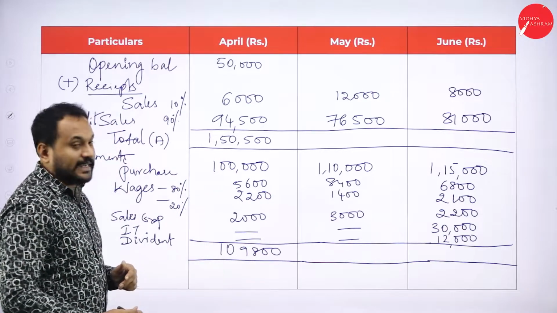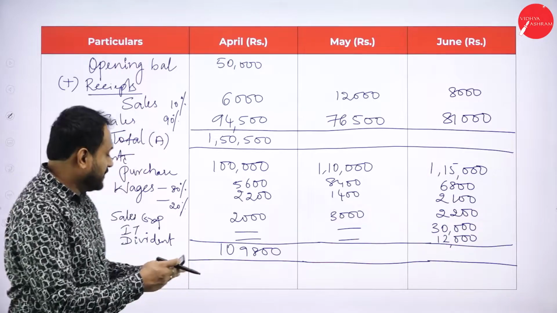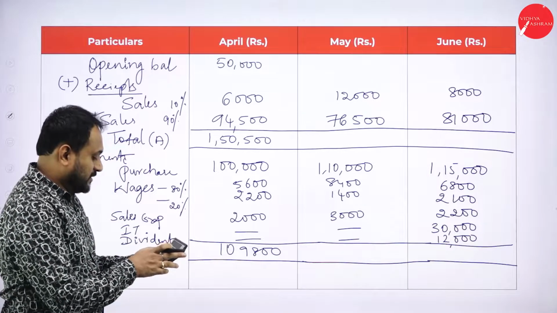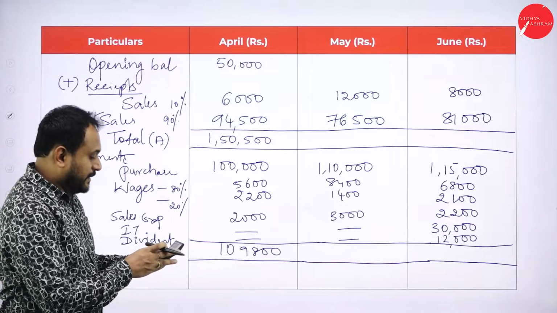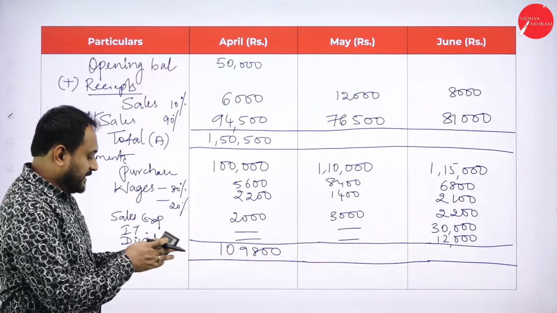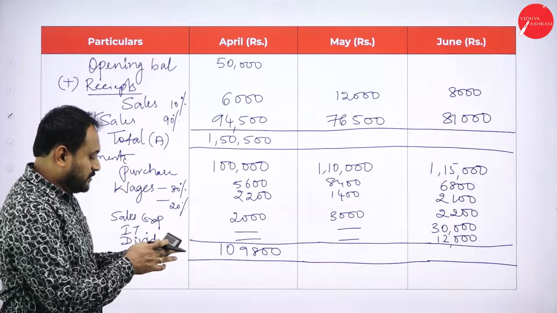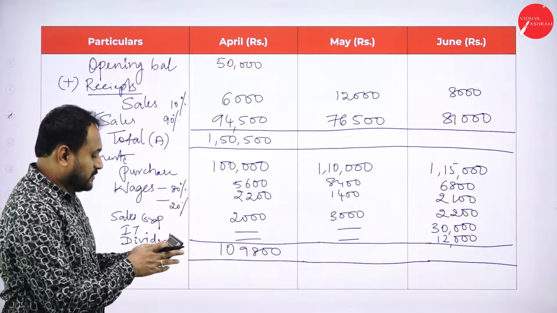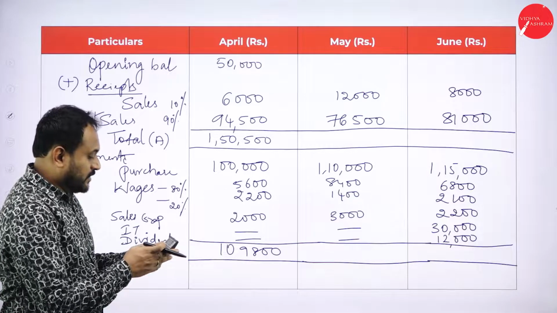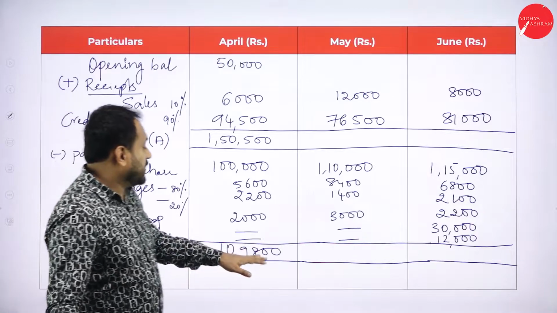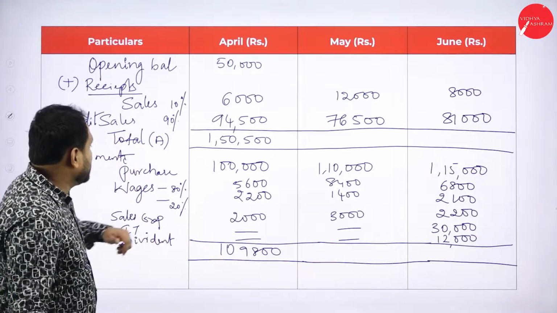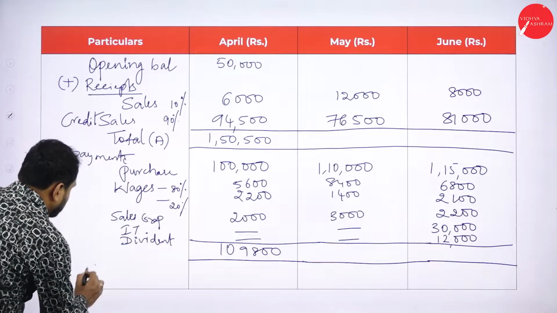9,800. So 1,09,800. For your reference, let's check this. 1 lakh plus 5,600 plus 2,200 plus 2,000. So 1,09,800 done. Next, what we should do is the last entry, which is